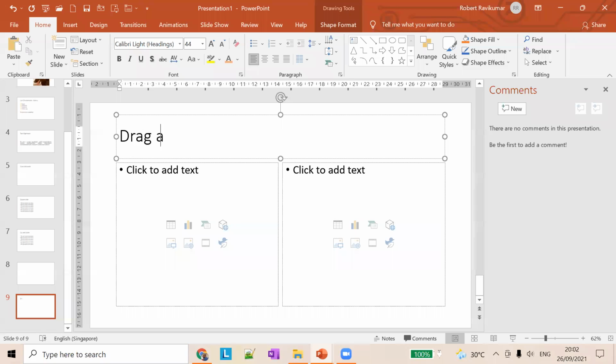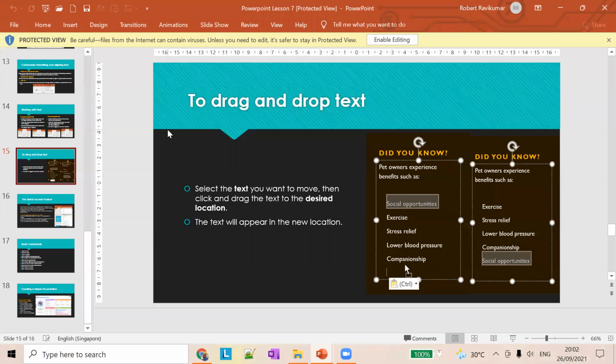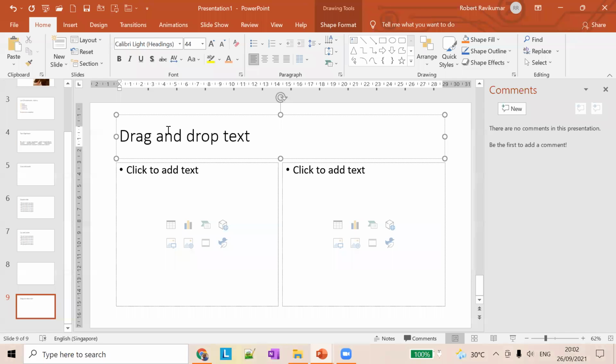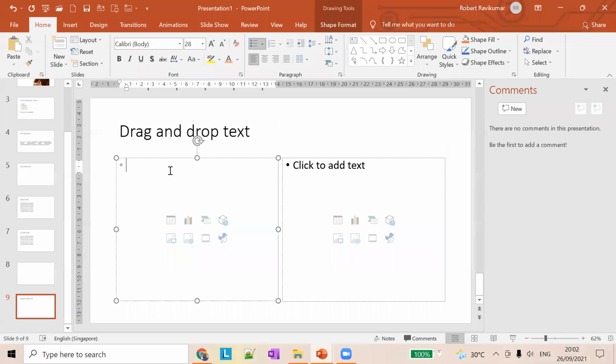We are going to learn about drag and drop text. Let's say I have a text that needs to be dragged and dropped into another location.